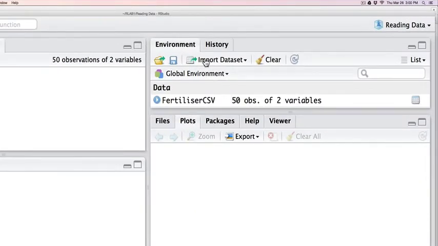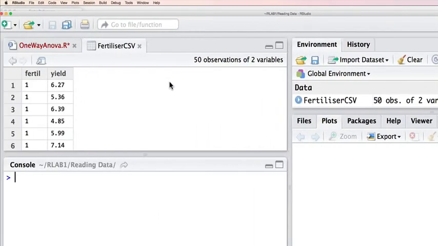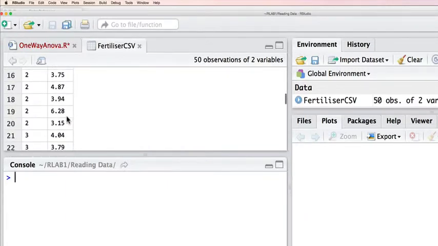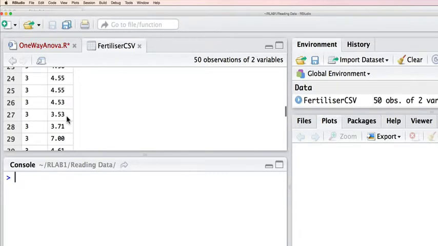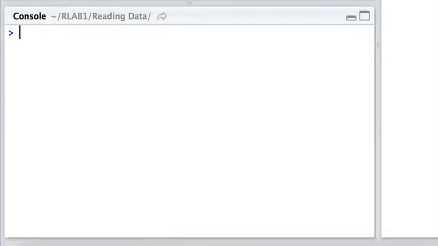It's a fertilizer comma delimited file, and here is the data, how it looks in terms of the overall structure. You'll see that we have 10 observations of the yield with one type of fertilizer, 10 with the second, and 10 with the third. Now, the first thing we should be thinking about in an analysis of variance is plotting